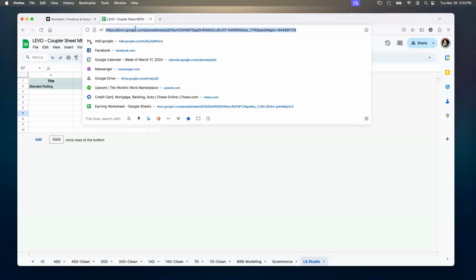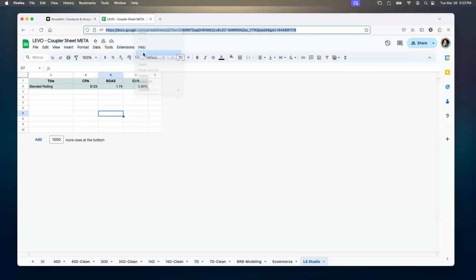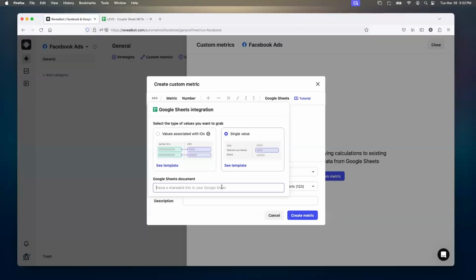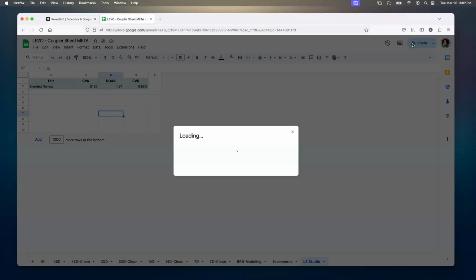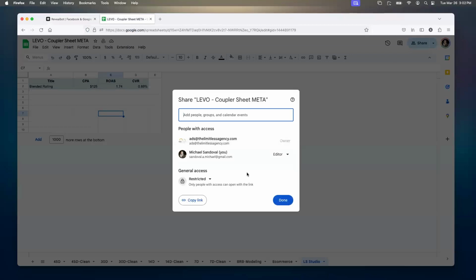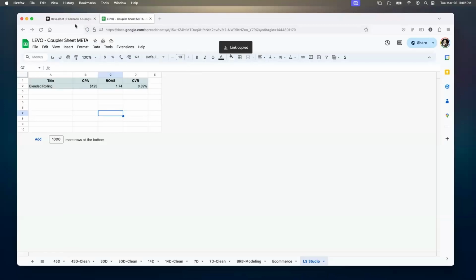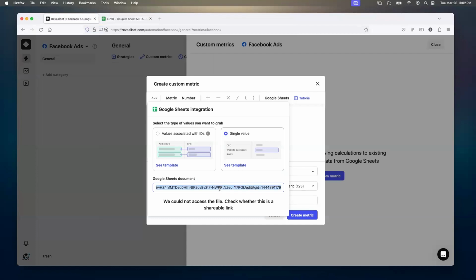So in here, you can see that we can pick out a single value with a really awesome Google Sheets integration. What we'll want to do is come in and copy here, but we'll want to make sure we give permissions. As you can see, you can't access the file, so permissions do have to be shared. You can just go and set anyone with the link can view. You don't have to give access, just view access so it can actually reference the value in the cell. So we'll go back over, we'll repaste,